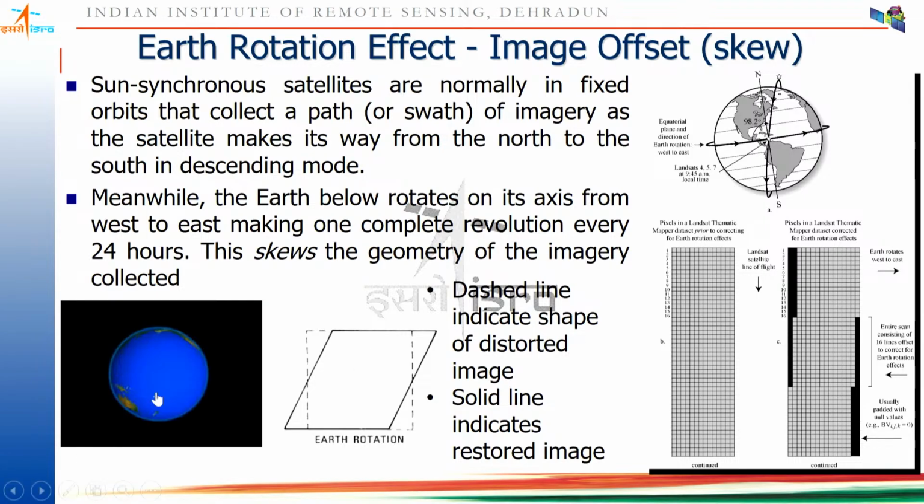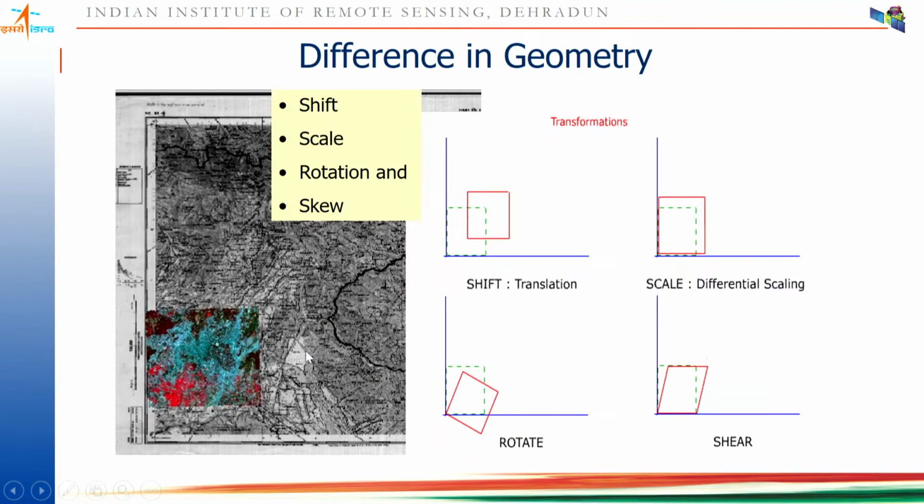So there can be many such geometric errors which can be introduced in the imagery. Like if there is a large area which is being captured, the pixels in the sides will be larger than the pixels in the center. So panoramic distortion, or if there is a whisk broom type of sensor, the mirror scanning velocity may change. The altitude and attitude of the satellite also play a role in geometric errors. All these errors can be removed by a simple process called image rectification.